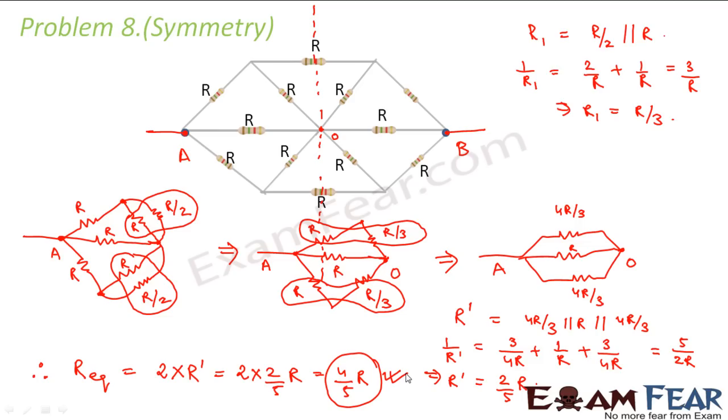So here you had this dotted line, which is perpendicular to AB, and it divides the entire circuit into 2 symmetrical halves. So in that case, you can divide the circuit into 2 halves, calculate the equivalent resistance of 1 half and multiply it by 2 to get the total equivalent resistance of the circuit. Here the catch is that you have to find a line which is perpendicular to the line joining the 2 points between which we want to calculate the equivalent resistance.